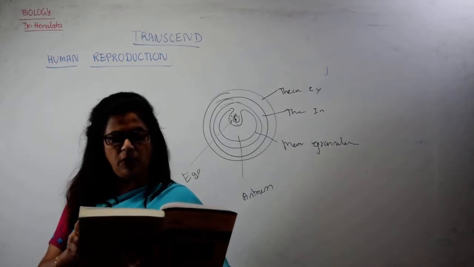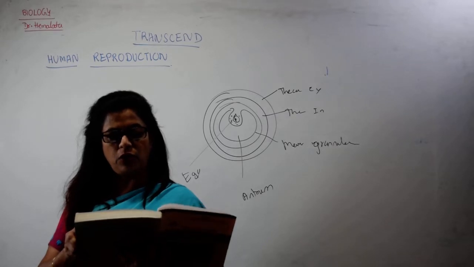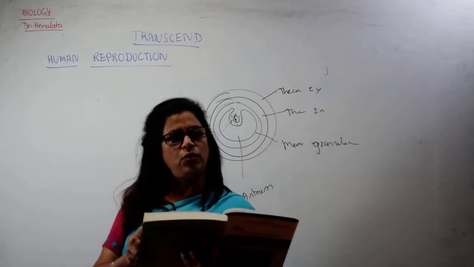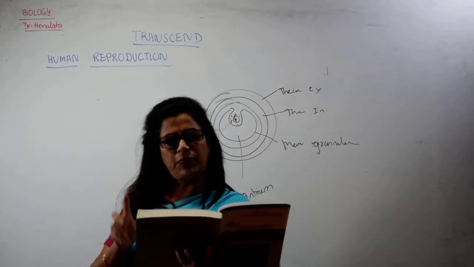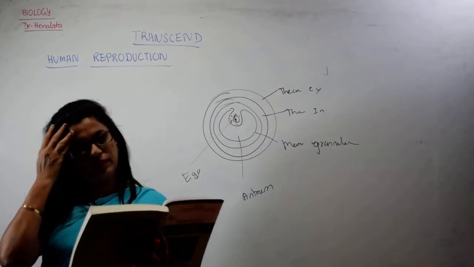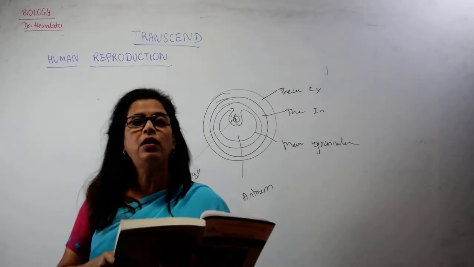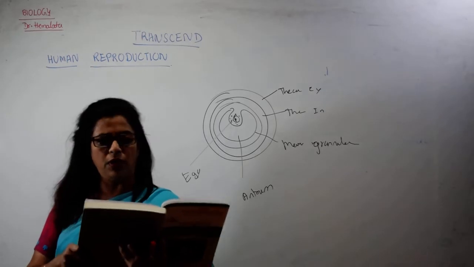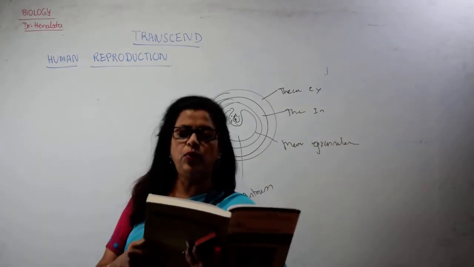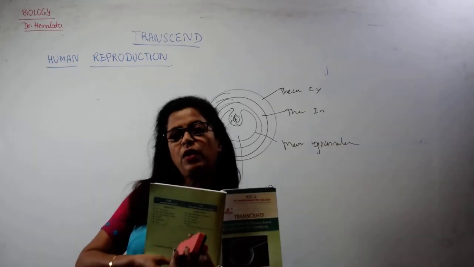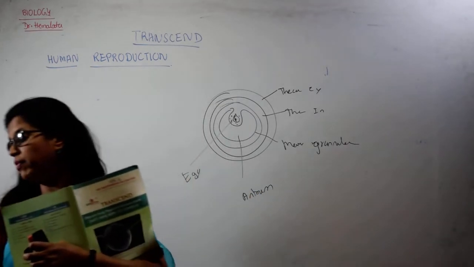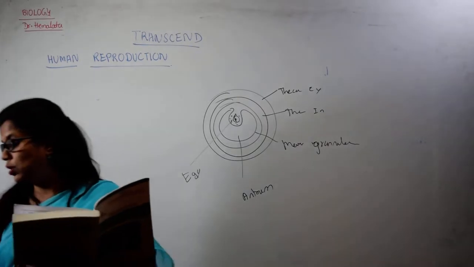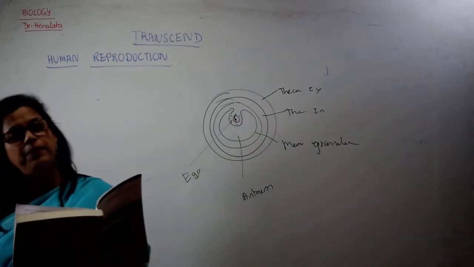Which of the following hormones is not a secretion product of the human placenta? First is human chorionic gonadotropin. I told you it is HCG. It is produced by the placenta. It helps in the development of the gonads in the embryo. Second, prolactin. Prolactin is a hormone helping the production of milk in the mammary glands. Therefore, prolactin is not the hormone produced by the